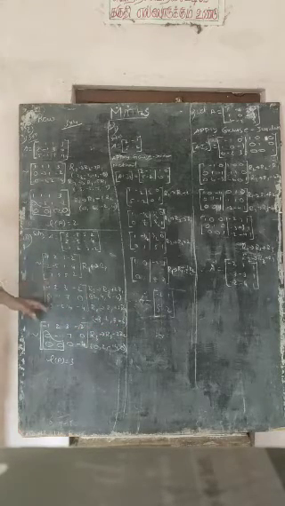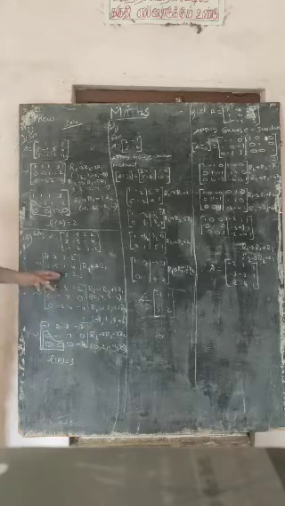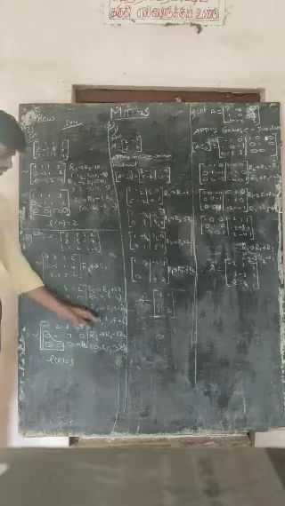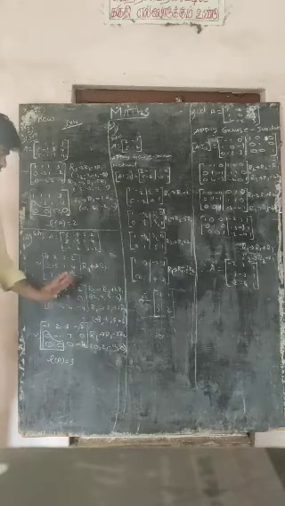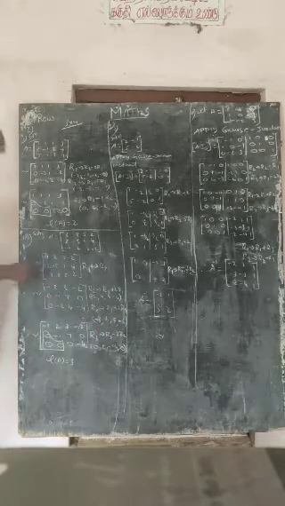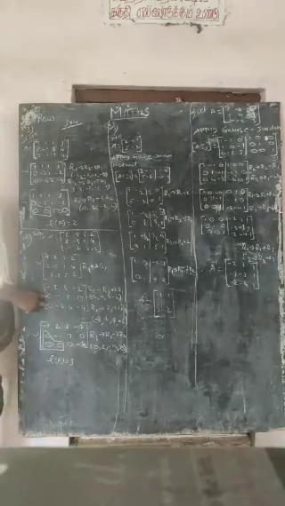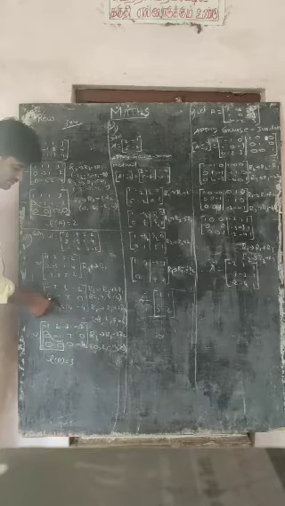Minus 3 plus 3 will become a 0. 6 minus 8 goes to minus 2. 9 plus 5 goes to 14. Minus 6 plus 2 is minus 4. So our aim, these three places will be 0. We can make 0 in the two places. Now our aim is that it will become a 0.